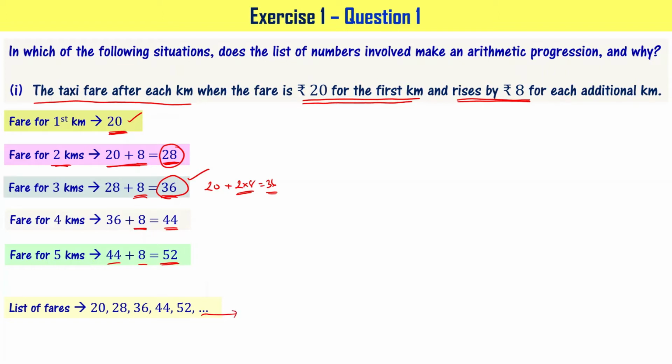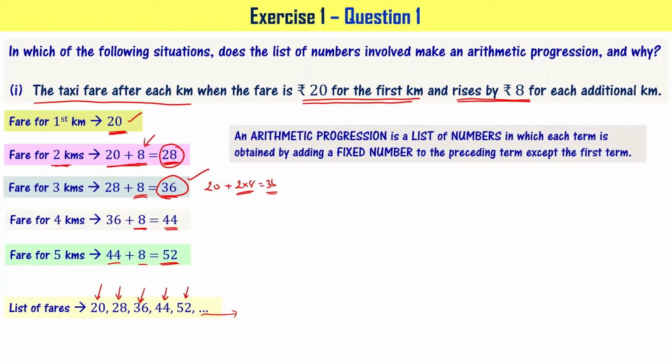Now look at this. What are the list of fares? 20, that is the fare for first kilometer. For second 2 kilometers onwards, it is like you are only paying extra 8 rupees, right? So that's why it is going to be 28 for 2 kilometers total, 36 for 3 kilometers total travel, 44 for 4 kilometers total travel, and 52 for 5 kilometers total travel, right? So once you have these lists,